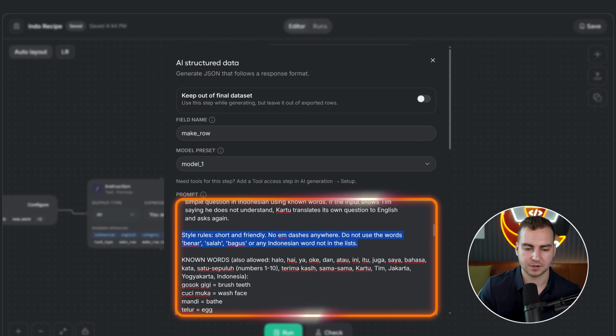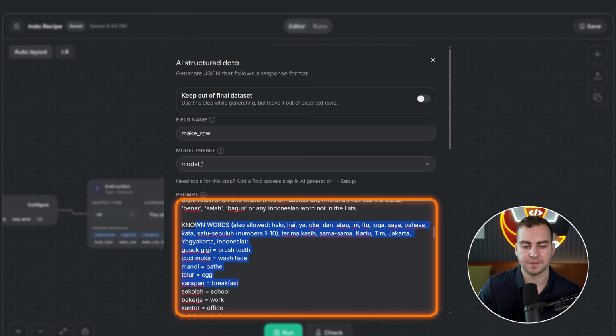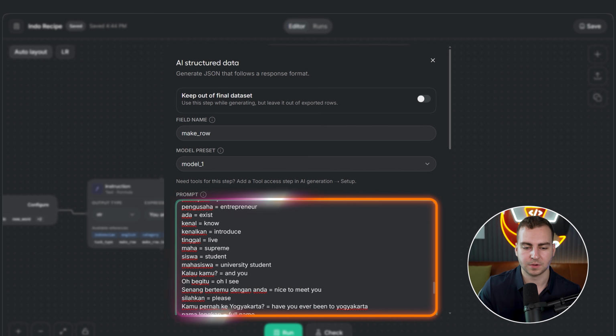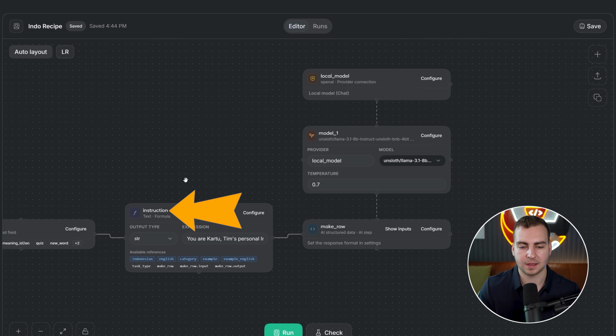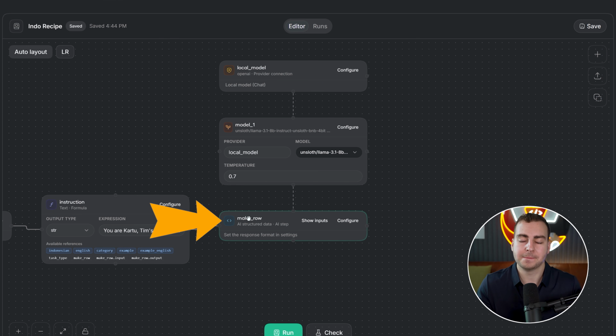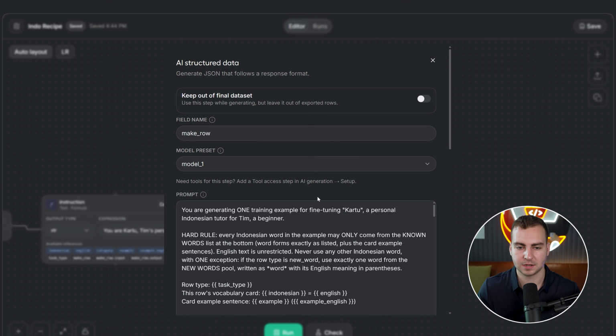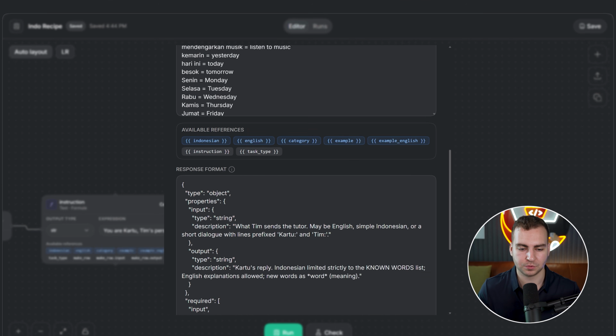And then if we keep going here, it's a style rule, short and friendly. And then here are all the known words that I know. So the idea is I'm saying, okay, I'm effectively going to loop through all of this seed data that I have. I'm going to generate a type for this seed data. I'm going to just have my instruction, and then I'm going to make a new row, and the new row that I'm going to make, if we look at it here, is going to now, if we scroll down,